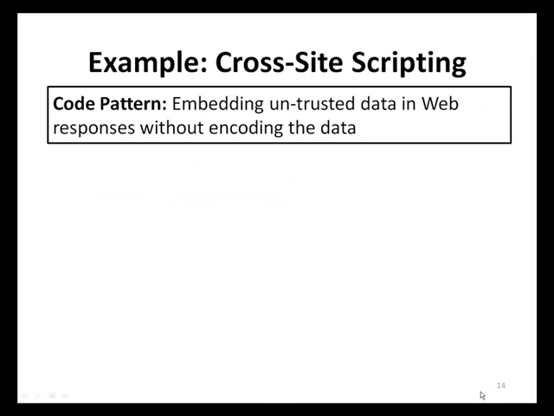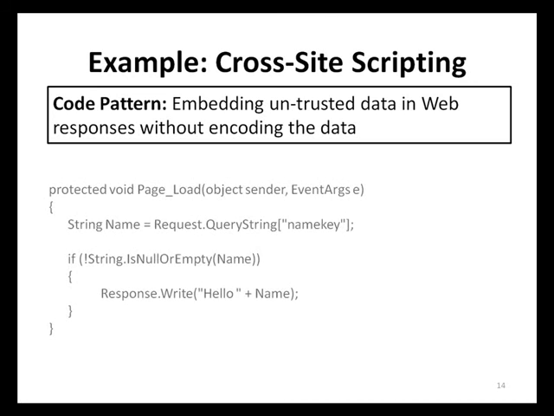Another common security vulnerability frequently encountered in web-based applications is cross-site scripting. In fact, cross-site scripting vulnerabilities are the most common vulnerabilities today. The common pattern among all cross-site scripting vulnerabilities is applications attempting to embed untrusted data in web responses without encoding that data. Here is sample code from